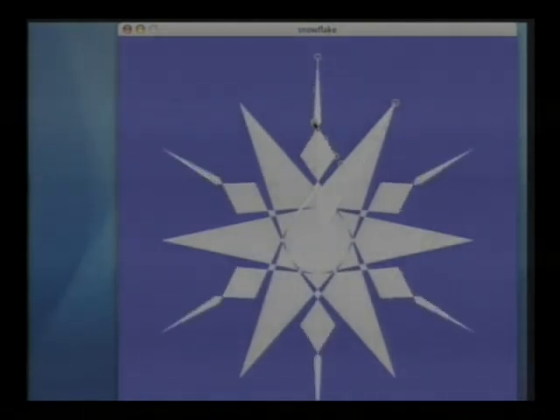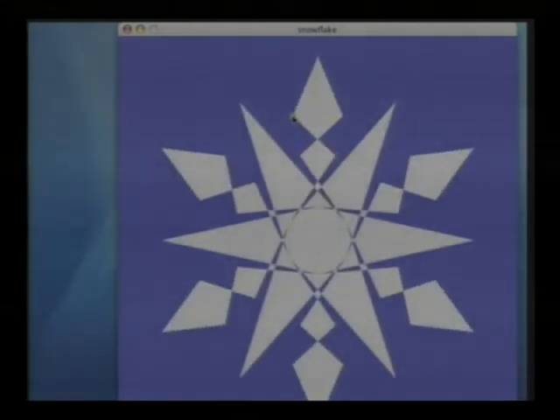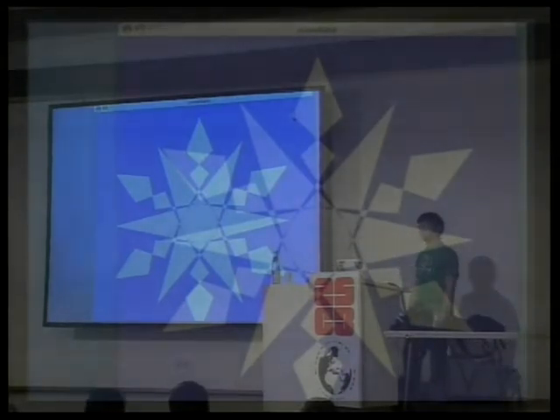Okay, so it starts out like this. And you just grab the things on here, and you can control it to do crazy things like that. And then when you're done, there's a save button on here. It's down on the bottom. You can't really see it. But this will write it to a vector-based file. And then you can send this to your laser cutter and have your own custom snowflake. And you can create 1 million individual snowflakes.